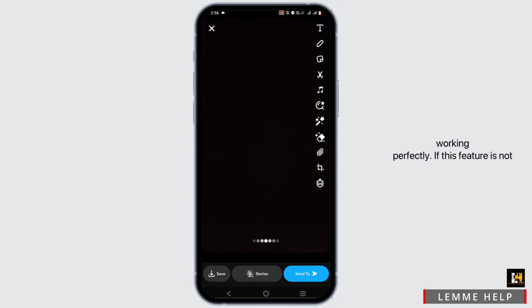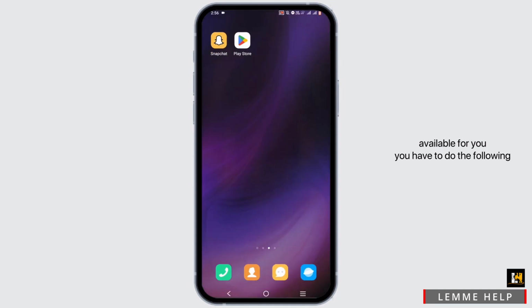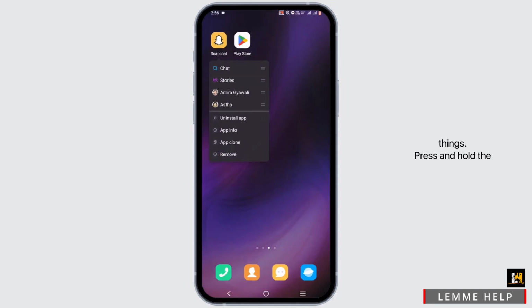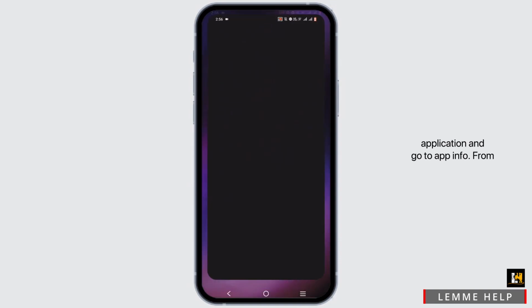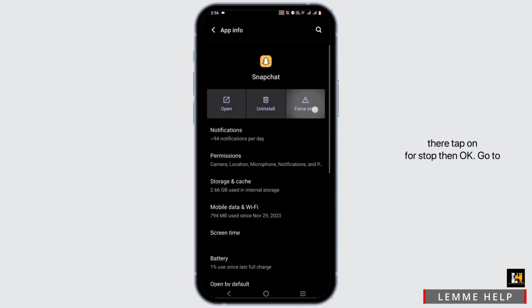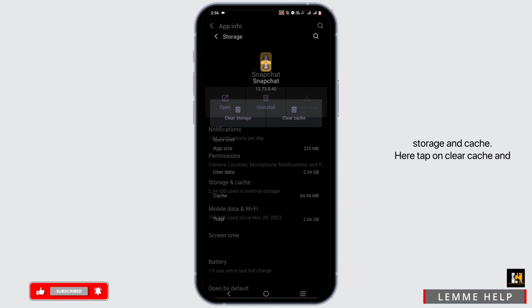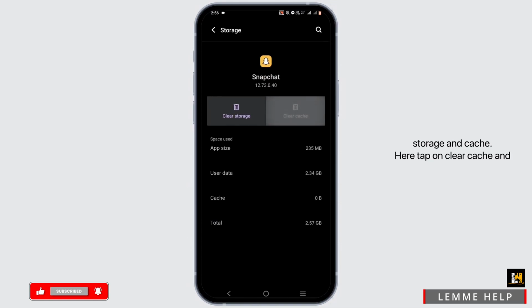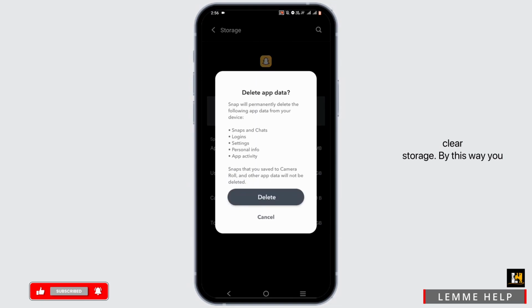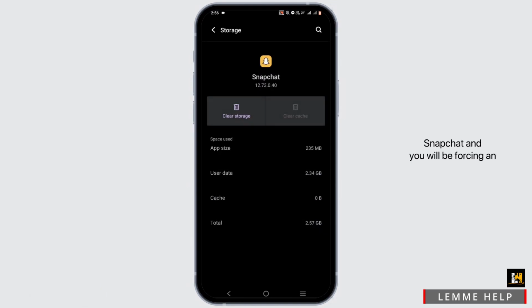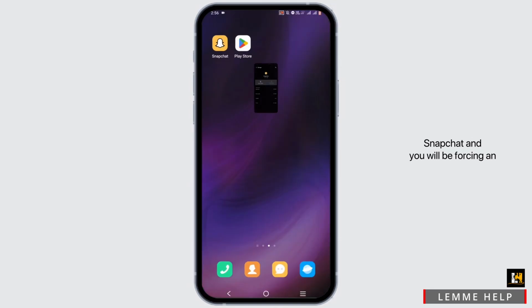If this feature is not available for you, you have to do the following things. Press and hold the application and go to App Info. From there, tap on Force Stop, then OK. Go to Storage and Cache. Here, tap on Clear Cache and Clear Storage. This way, you will have to log back in to your Snapchat and you will be forcing an update